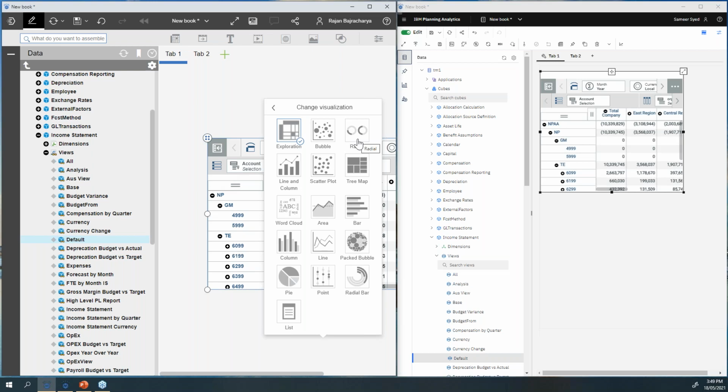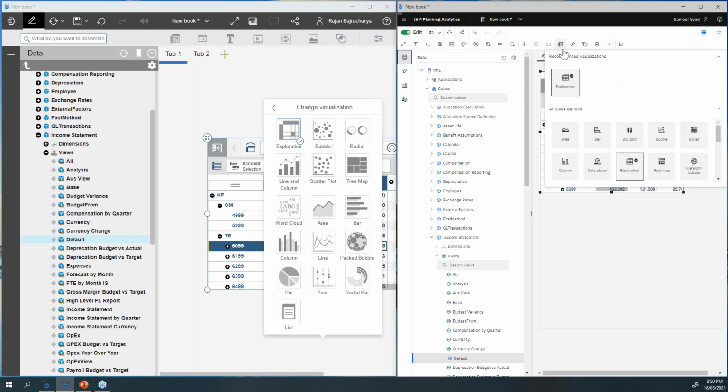So that was very smartly built in. But it has its own pros and cons. But I think to overcome this, with the new version of PAW, you will not find that. You will pretty much get all the visualizations available in PAW. So when I go to the visualizations, you can see all the visualizations are available for me.